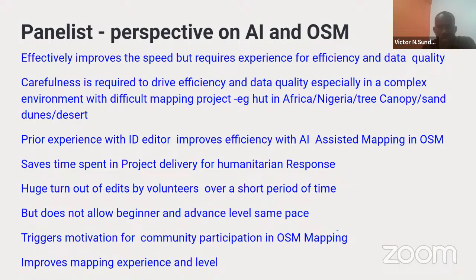What do I mean by that? When you come into a mappathon and you want to look at the pace at which an advanced mapper and the beginner mapper moves, and then maybe you want to provide a motivation, you discover that you might not really place them at the same level. And so you will need to give them different assessment, because the pace at which the beginner mapper is going using ID editor, and then maybe an advanced mapper is going using